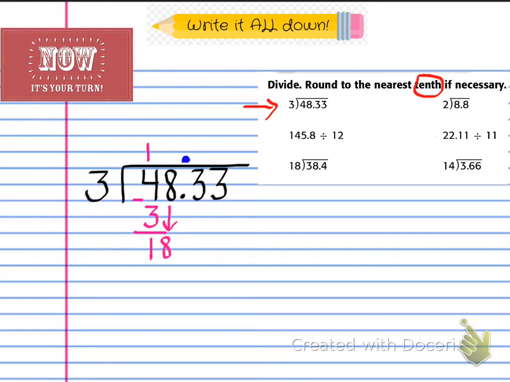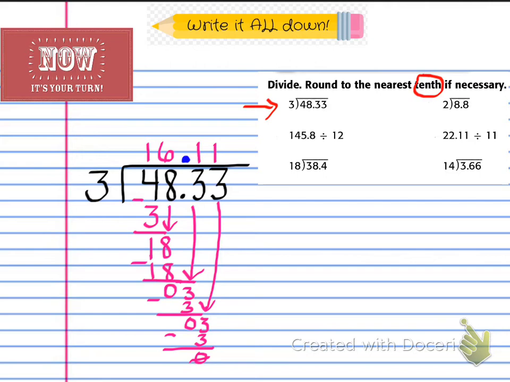Then we know that 3 goes into 18 6 times. Then we're going to have to drop the 3 again. So 3 goes into 3 one time, and 3 goes into 3 again. Whoops, one more time. So now we get our final answer here for this problem of 16.11, but you want